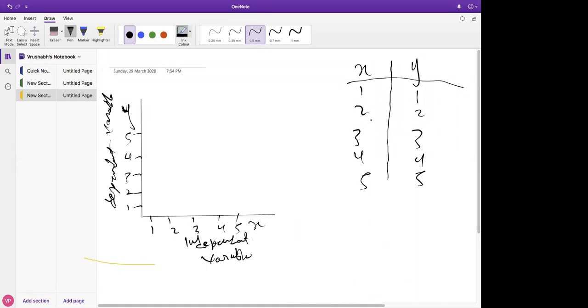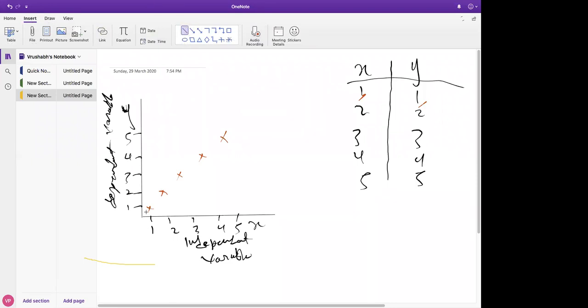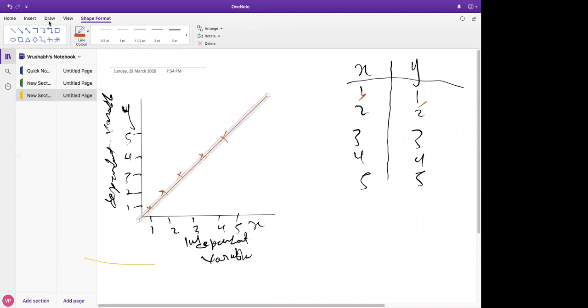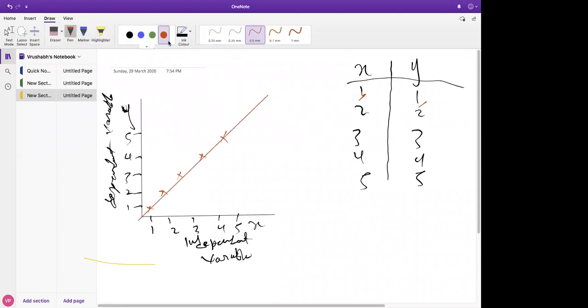Now, if we see it from the table, when X is 1, Y is also 1. So 1, 1. That will be somewhere here. When X is 2, Y is also 2. When X is 3, this is also 3. And then 4, and then 5. Now, if we want to draw our line, then it will go through these points. Now this is what we have. If we think about the correlation between X and Y, we can say that X and Y are positively correlated. So if I write X, Y,